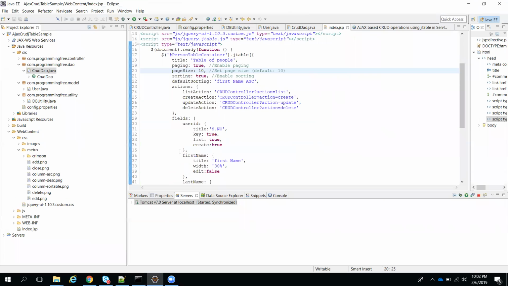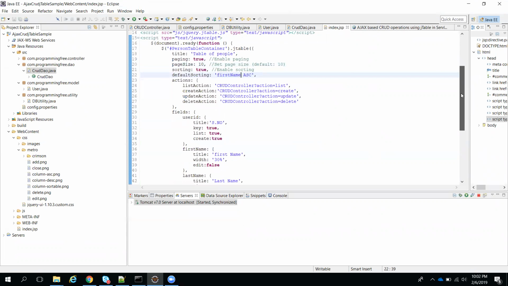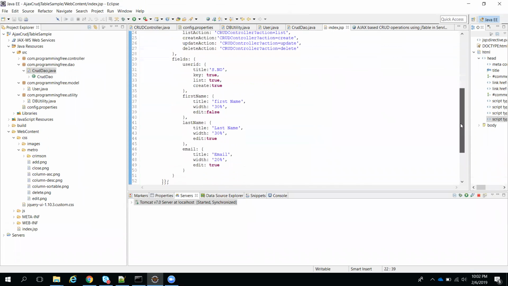What is your column name here? First name, because of this. Then paging, page size is equal to 10.